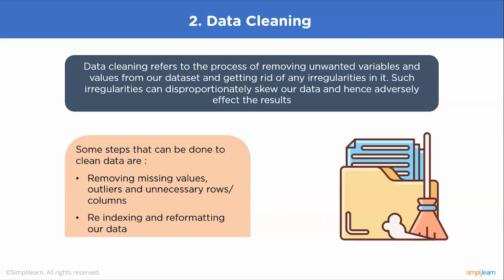Irregularities are of many different types in the data. You can have missing values, incorrect formatting of data, incorrect headers, and anomalies or outliers. It is crucial that you remove missing values, outliers, and any unnecessary rows and columns that might arise. If there are missing values, then that means that the machine learning model will simply waste computational time going through every single row and trying to train on it. And if your data is not formatted correctly, then you might find it hard to input it into any machine learning model.